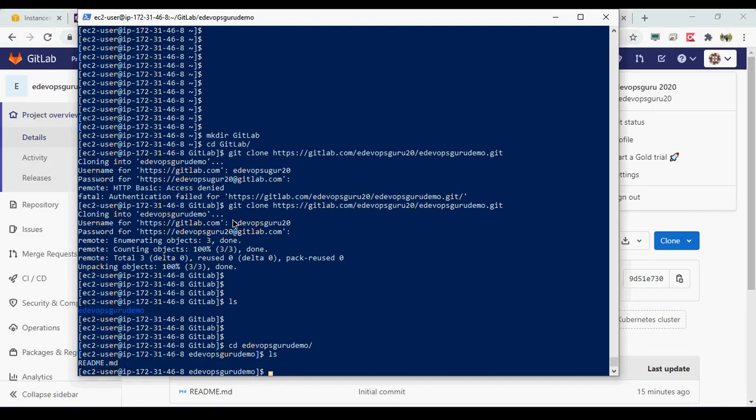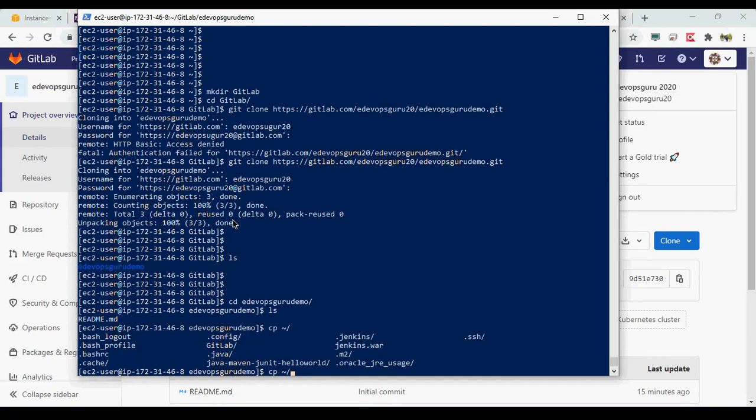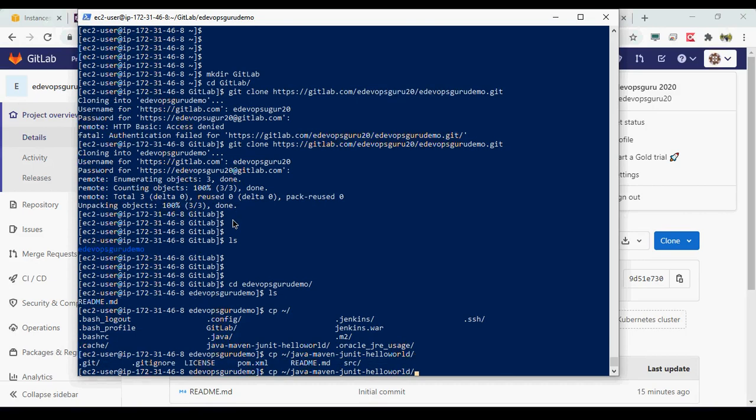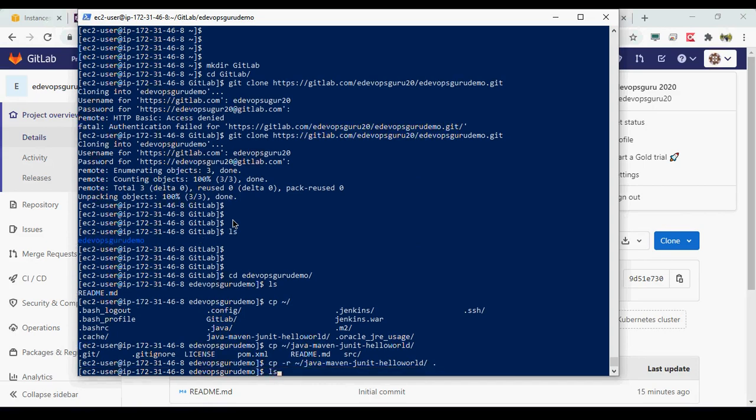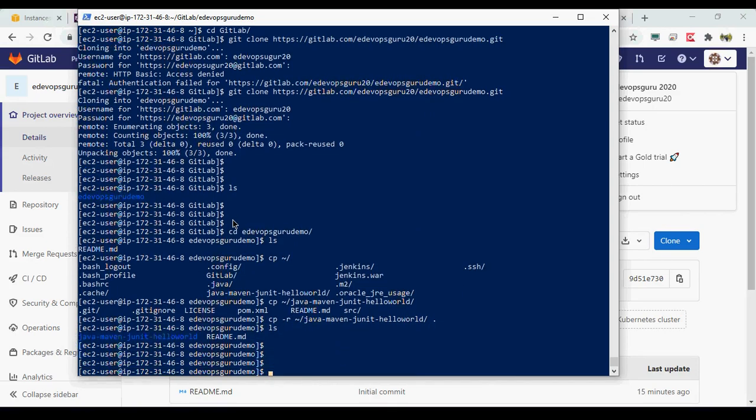Okay, so now you have cloned this one. Now copy the content you got from GitHub. This was the project which we got. cp -r to here. No, this is not good.